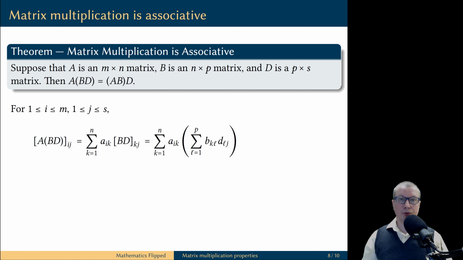But now we are going to express the entry in position kj of the matrix product BD using its own entry-by-entry formula. To compute this entry, we take entries from row k of matrix B and entries from column j of matrix D. In this case, I will use l as an index in the middle. The sum, as l changes from 1 to p, gets multiplied by the number a_ik, so we distribute this number inside the sum. And next, we are going to apply a standard trick when we work with double summations.